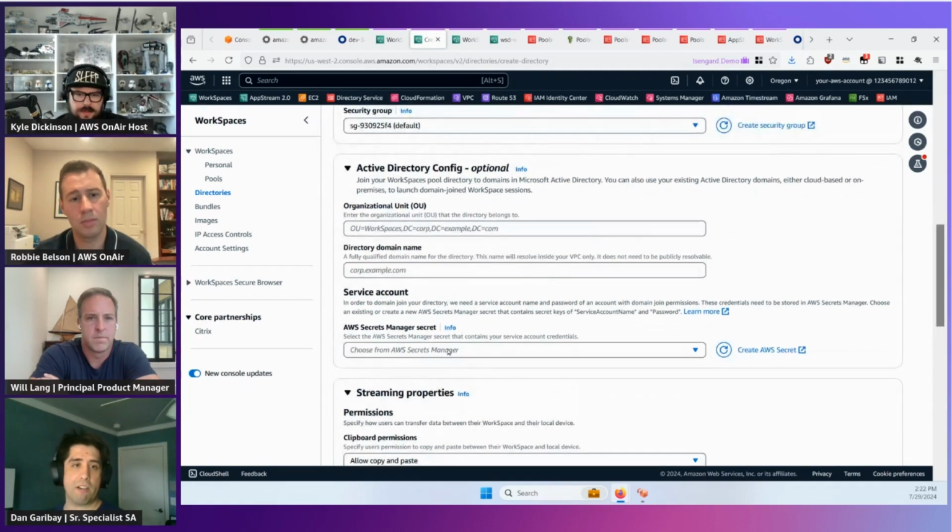So, for example, down here, the Secrets Manager piece is new to Workspaces pools. That's required here if you're going to do the optional Active Directory configuration, where you say you want us to have your instances join your Active Directory. We put them in a domain for you. So if you did that, you would specify the desired organizational unit the computer object should join into, and then the fully qualified domain name of the directory. And in order for us to join, we have to have service account credentials with permissions to do domain joins. And in Workspaces pools, you'll store that in AWS Secrets Manager, which allows you to do things like programmatically rotate the credentials.